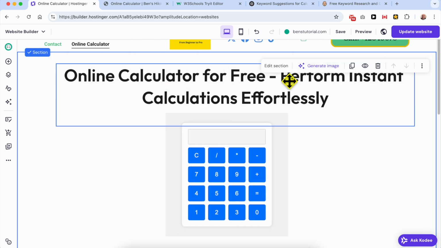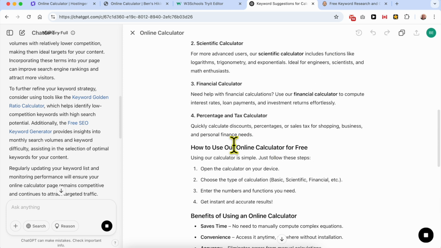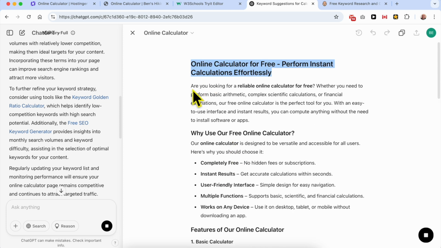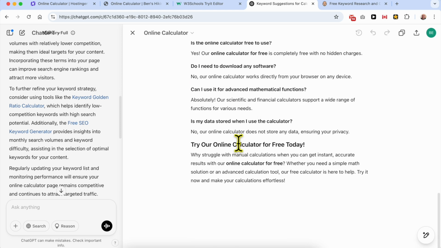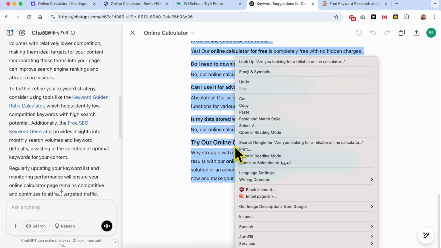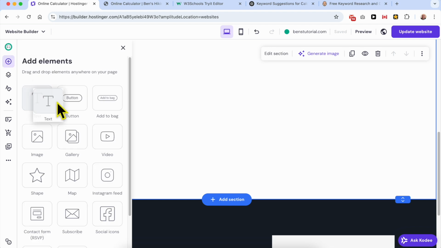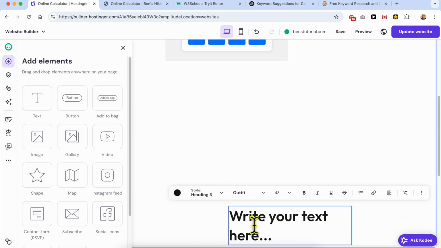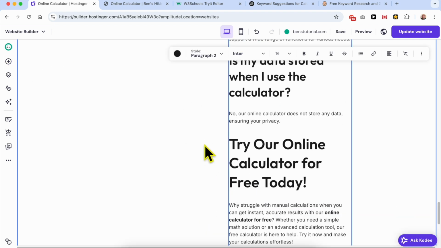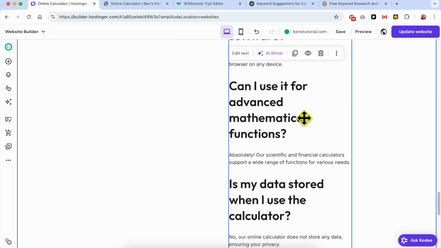It should be here. And this is the text. Edit text, delete, and now